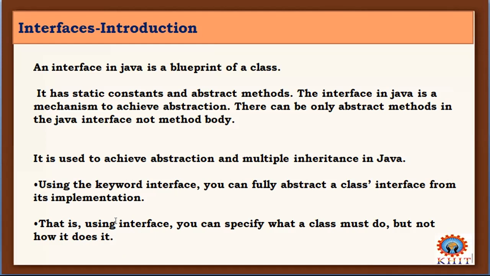Okay. Then using interface, you can specify what a class must do, but not how it does. So here, the interface specifies what a class must do. That means whenever you are writing a class for a stack, what should it do? Stack class em cheyali? It has two basic operations, push and pop, but it should not tell you how to do it. Okay, ela cheyali anedi you can write in your own method definition. So wherever it is required, you can write your own definition. That is what the interface will do.